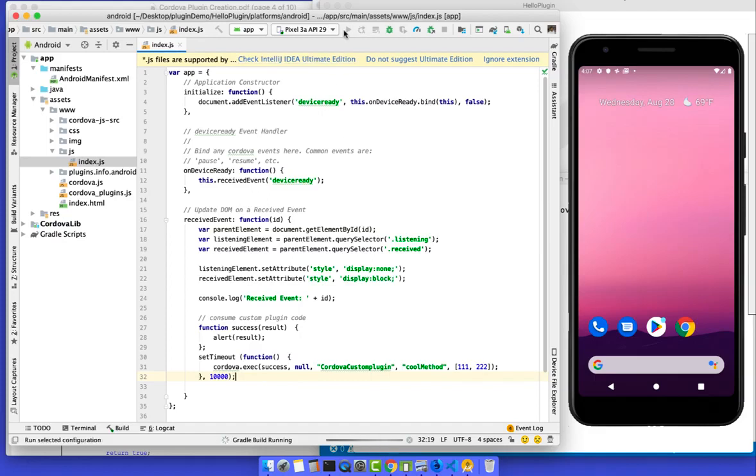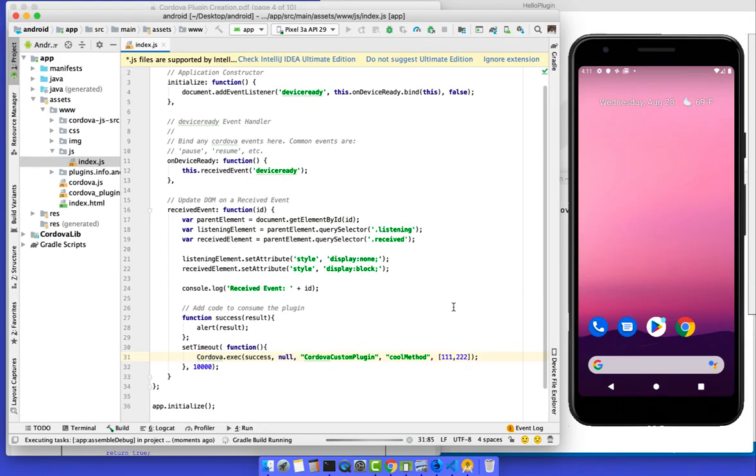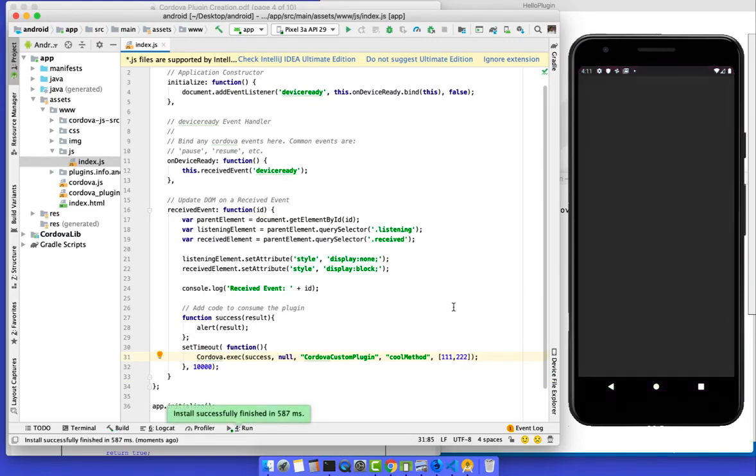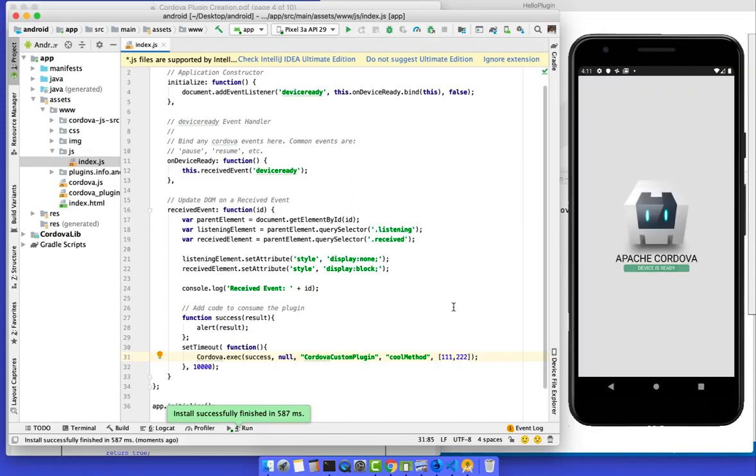You can click this green button here to run our application. Here you can see the Gradle build running. It will take a few seconds.